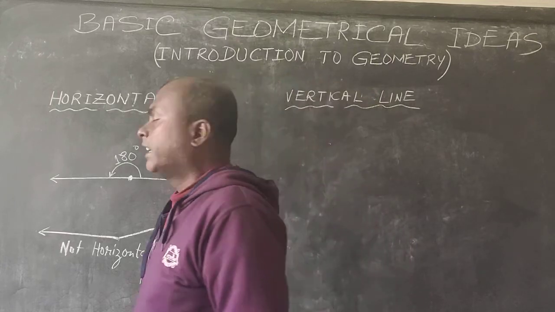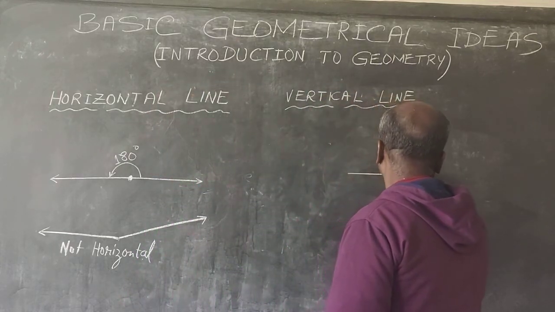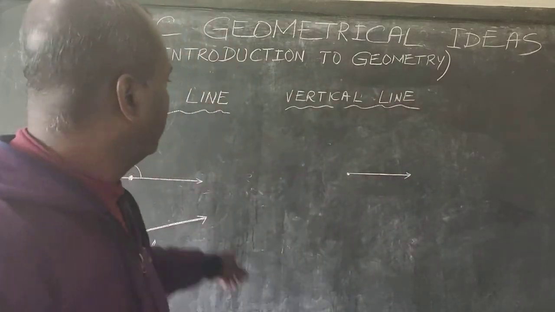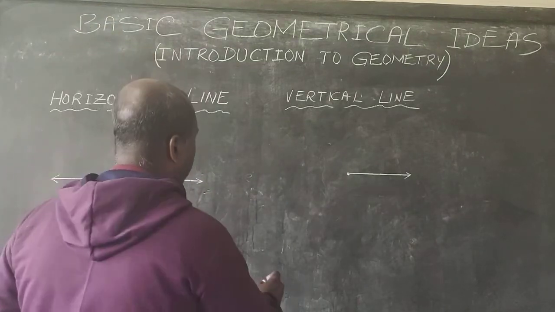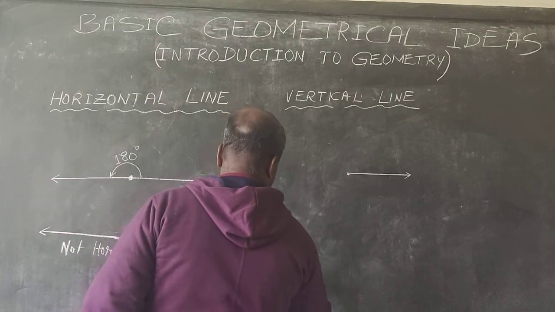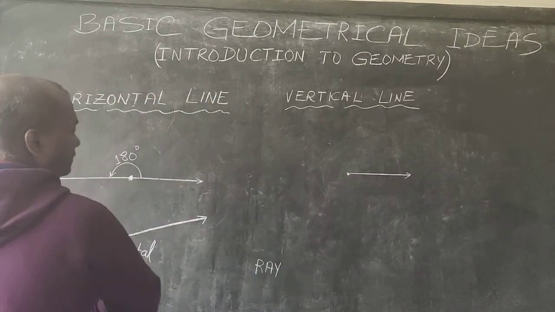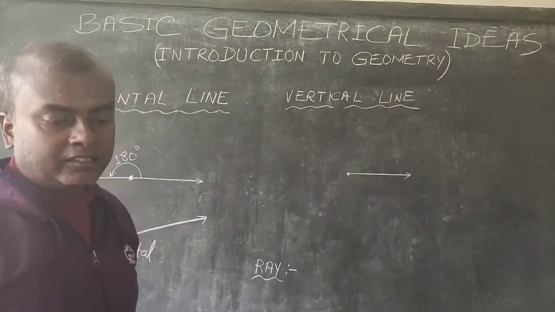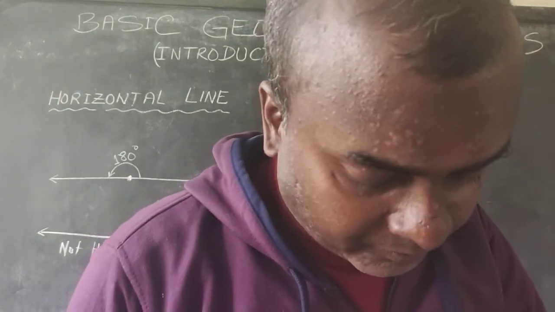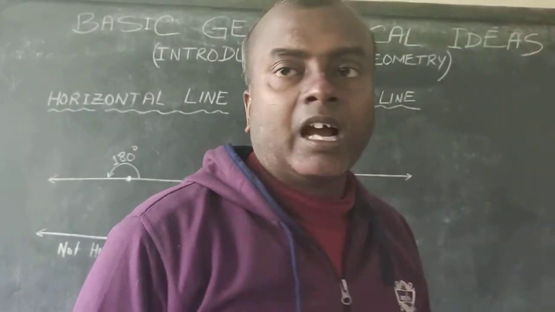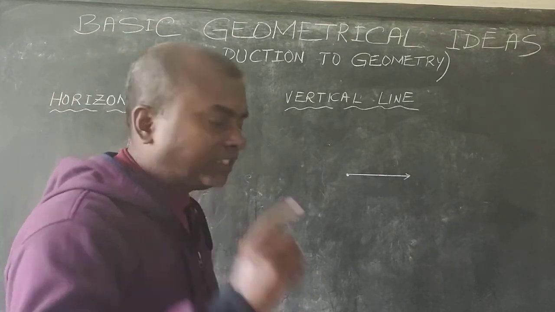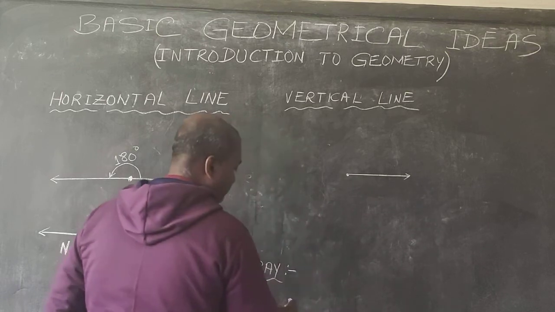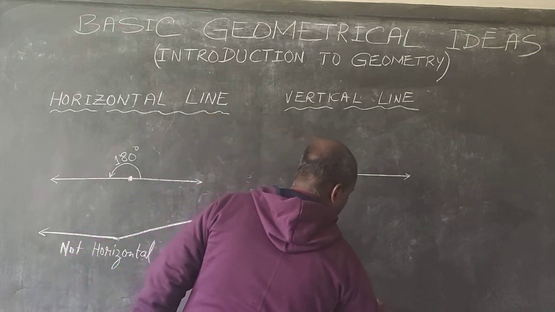Now, vertical line, again we will have to draw two rays. This is one ray. By the way, what is a ray? That also is there in your topic. I think before we start with these, we should know what is a ray. Here also I mentioned two rays. So what is a ray? Ray, here on page 231 they have given, a ray is simply, it has one starting point. Like here. There is one point from where a ray will start and it will go on in any one direction